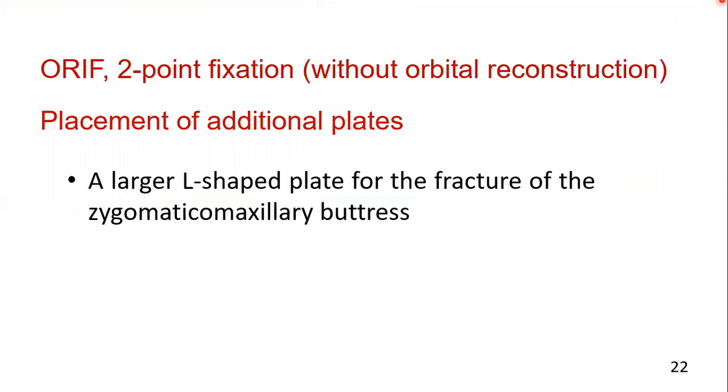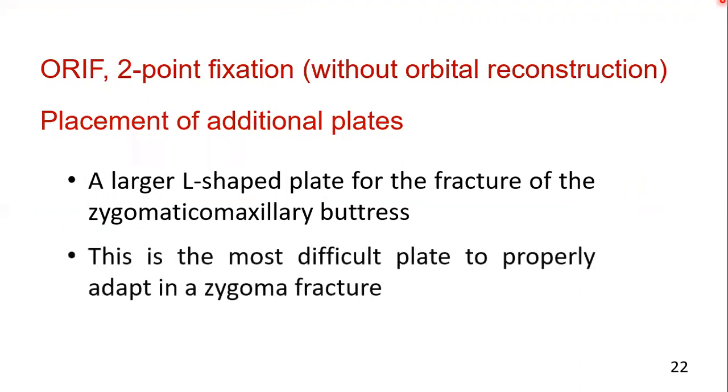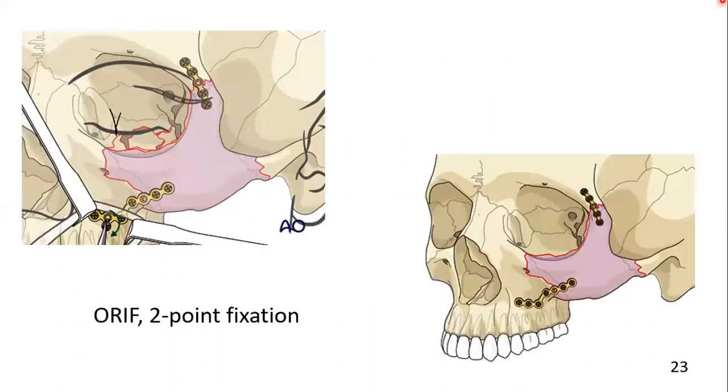And we have described the principles of placing this plate in the zygomatico-maxillary buttress area, so we will not repeat. All those principles will apply, and as we said, this is the most difficult plate to properly adapt in the zygoma fracture. Now here you can see the placement and fixation of this